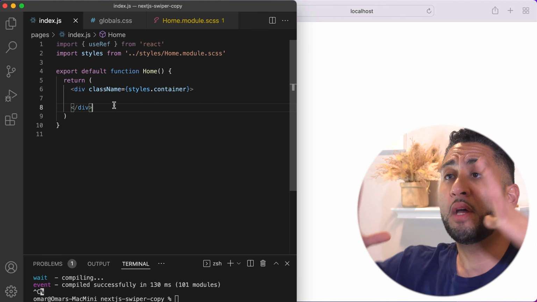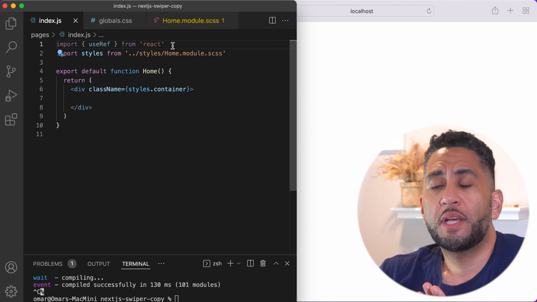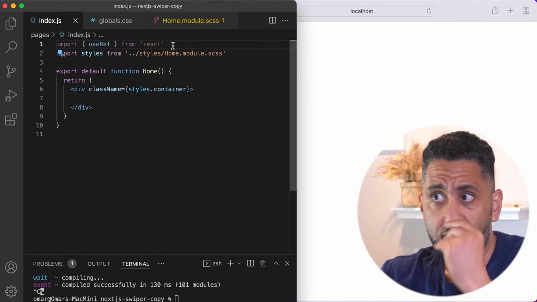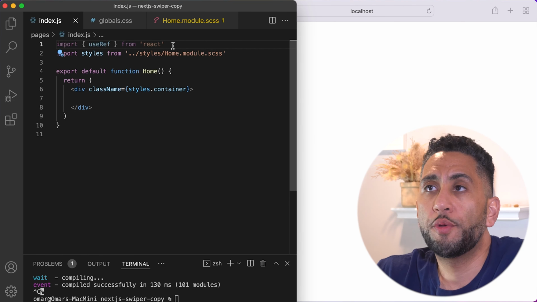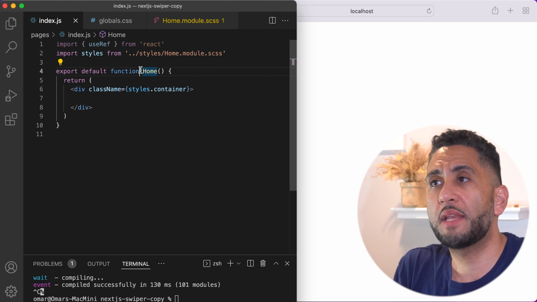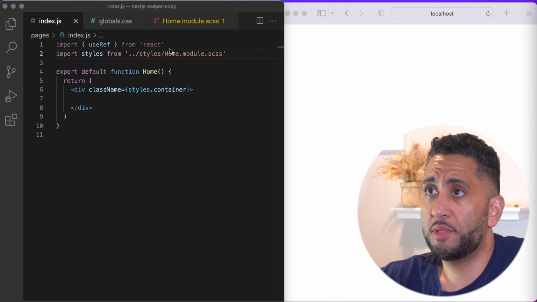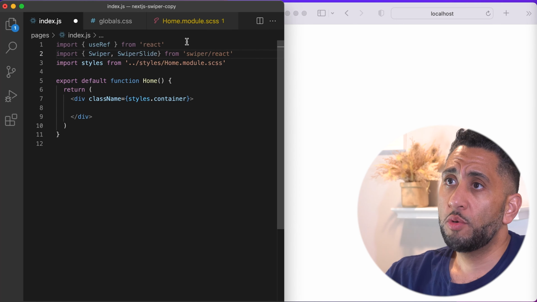So I have here regular old React. I am using Next.js, but I'm not going to be using anything particular from Next.js inside of this tutorial. So you're going to import useRef, because that's going to be something common that we're going to need to make some references inside of the Swiper. Then we're going to start importing the Swiper stuff. So first thing is we're going to import